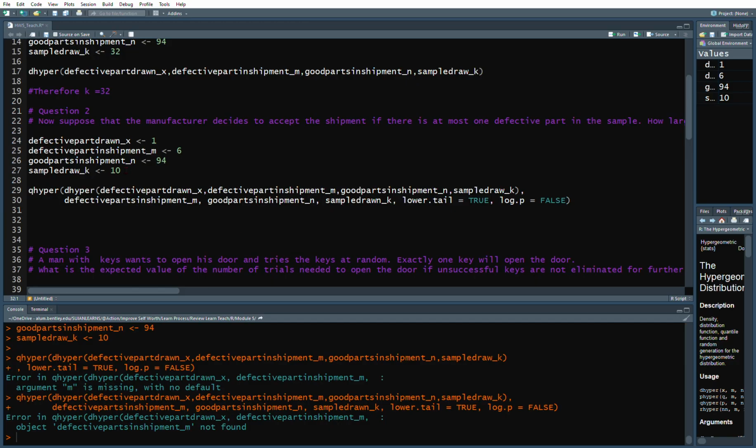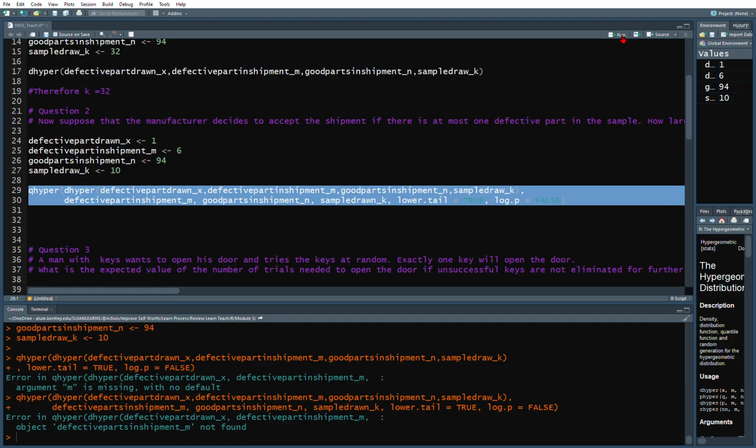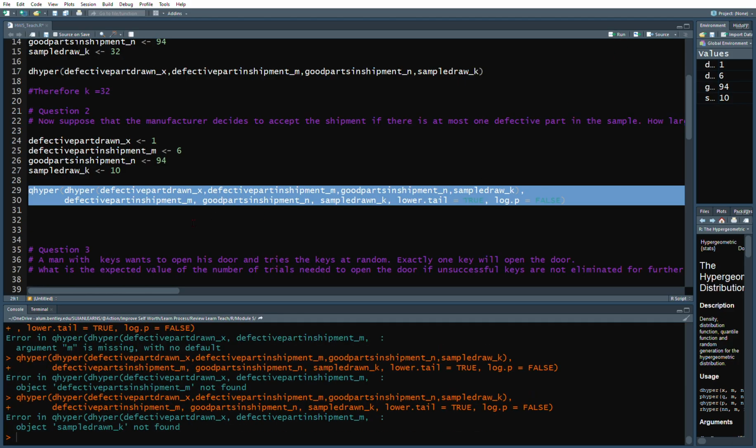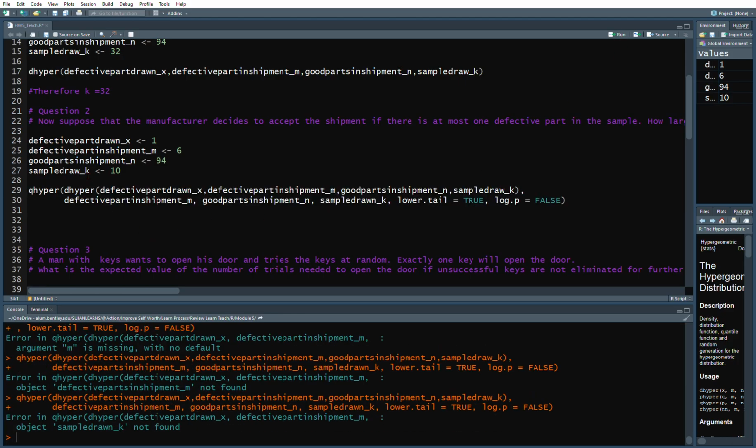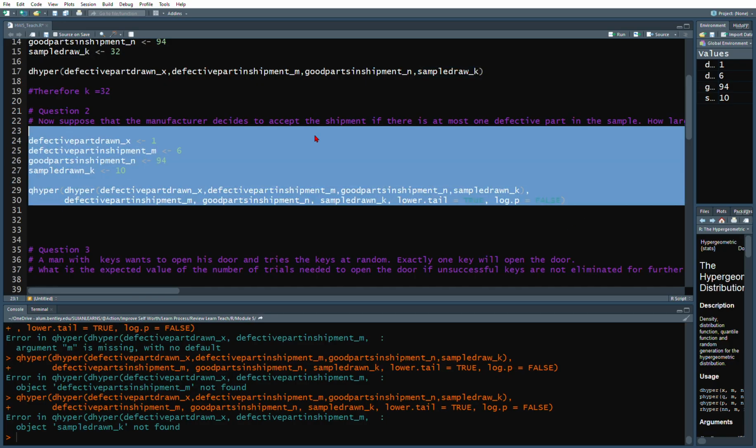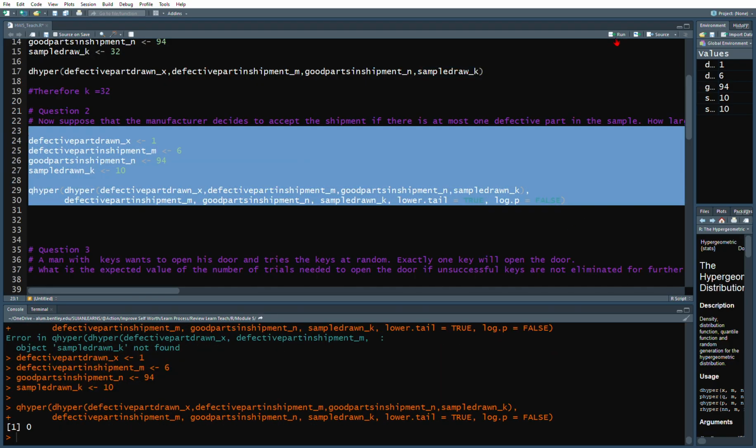It says defective part on shipment not found. We need to make some corrections in our spelling. Sample drawn key not found. Sample drawn key not found. We need to make some corrections here as well. Zero. The quantile is zero for this one,